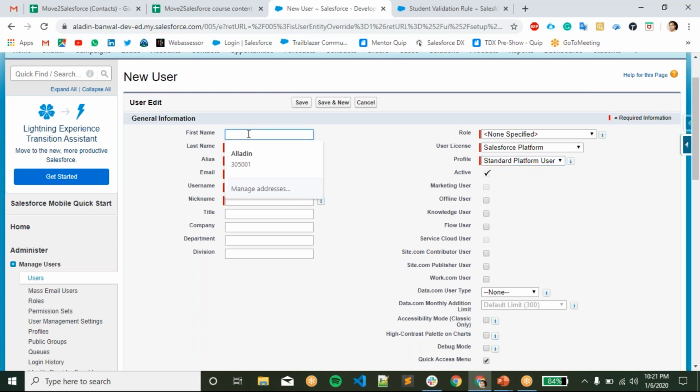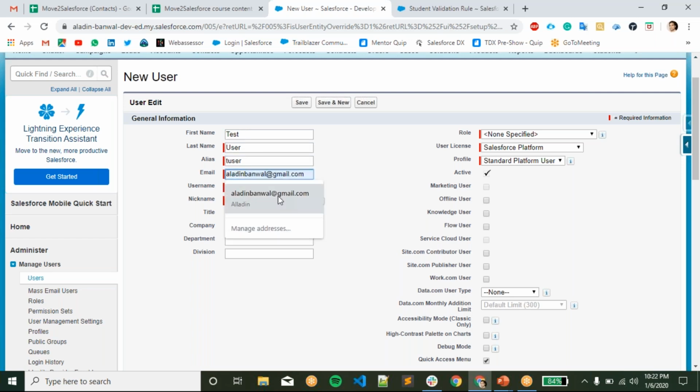I'll create a test user, and the alias will come here automatically. Now I have to give my email ID, because I have to capture the username and password if I'm using them in future. So Anadin test user at the rate.